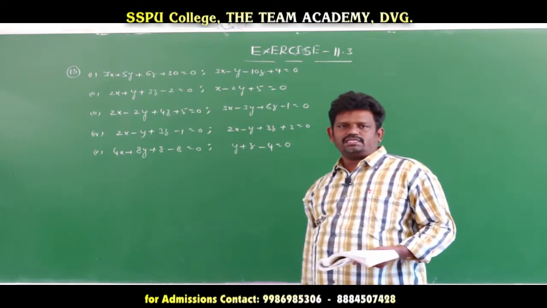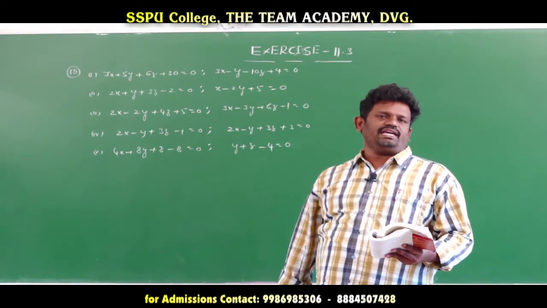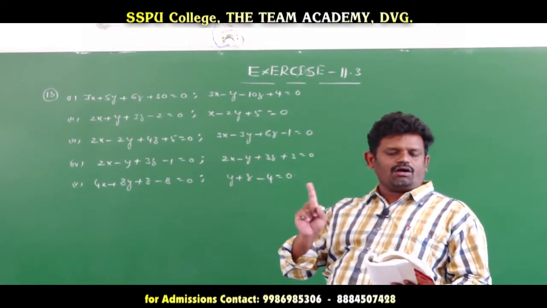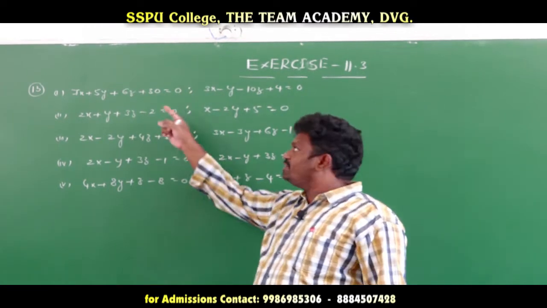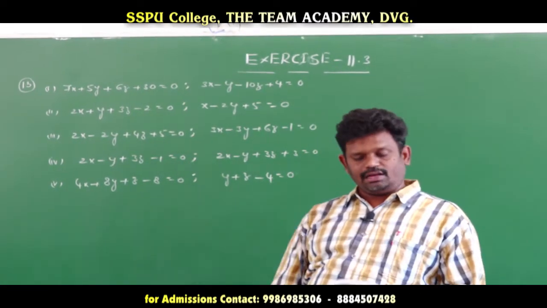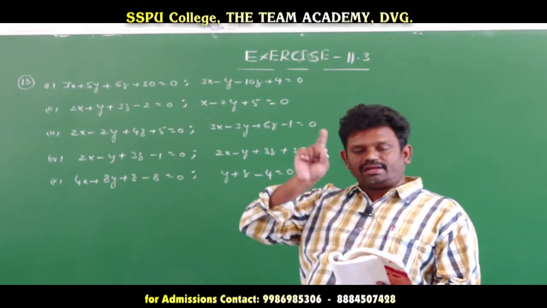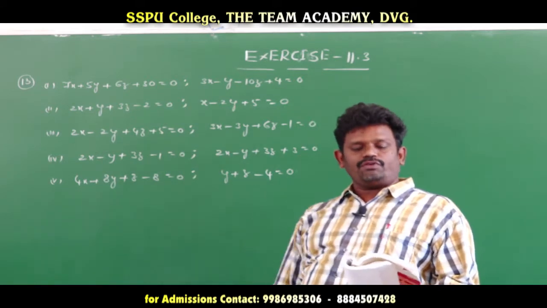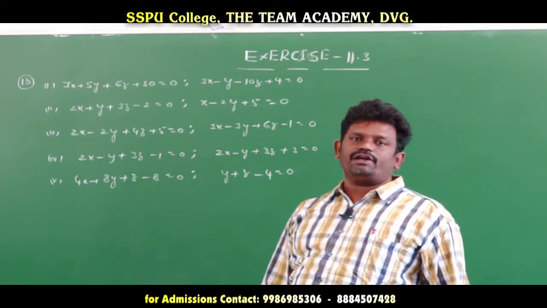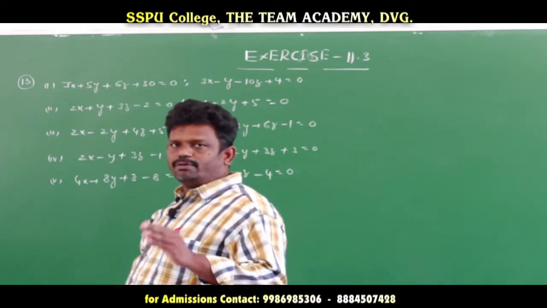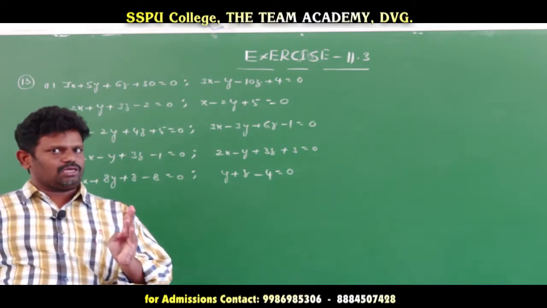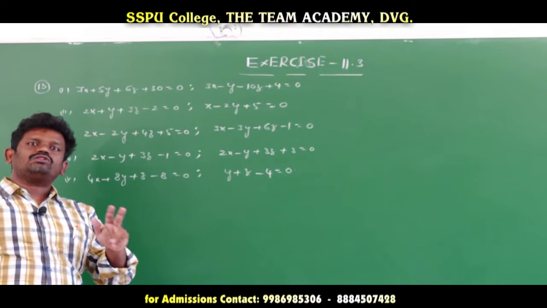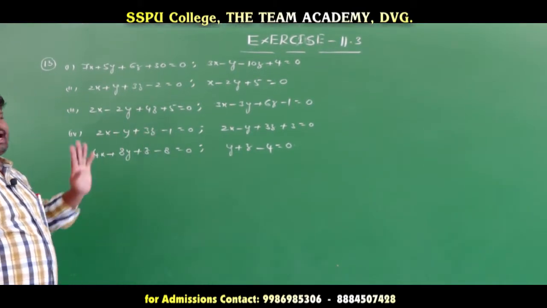Right? So next, the 13th question. What is given? In the following cases, determine whether the given planes are parallel or perpendicular. First we verify whether the given two planes are parallel or perpendicular. In case they are neither, that is, these two conditions are not satisfied, then we find the angle between them. So first we verify the parallel or perpendicular condition. If any one is satisfied, the planes are parallel or perpendicular. Otherwise, if both are not satisfied, then we find the angle between the two planes.